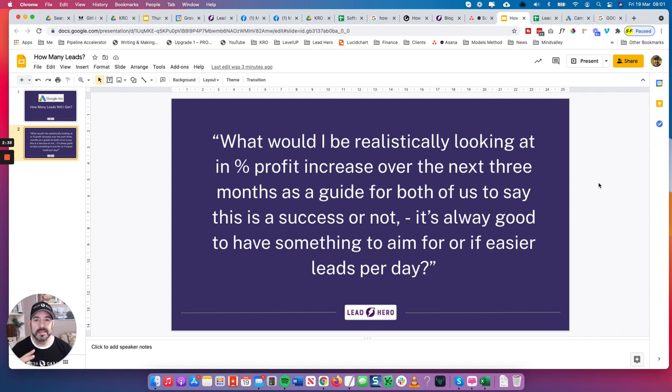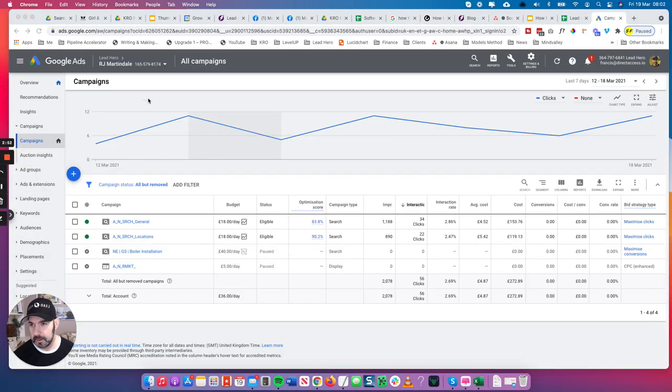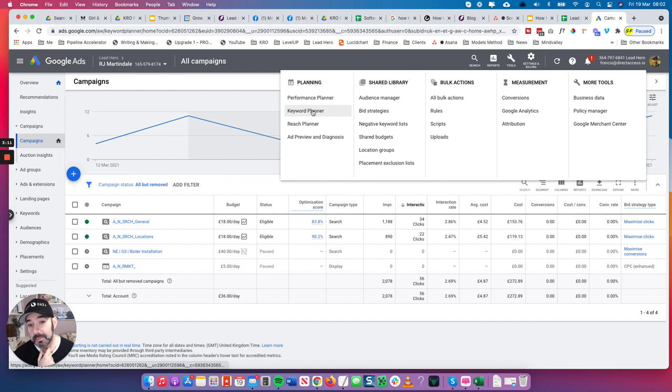So it is an art and a skill and a fine balancing act. But I'm going to show you a quick trick that might help you get an idea of how to better plan if you're looking to invest in paid advertising. So I'd love you to open up a Google Ad account. If you don't have one already, you can just go into Google with your Gmail, Google Ads, and just create one there. I have one already set up. And you can go to any Google Ad account and click on Tools and go to Keyword Planner.